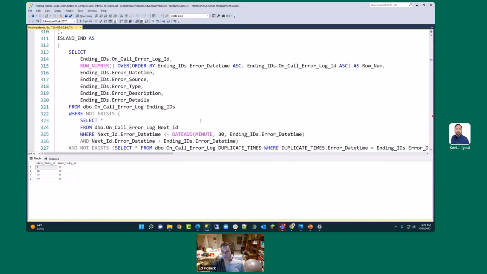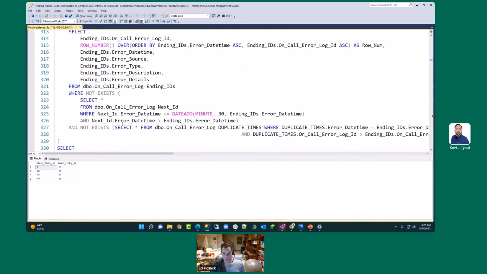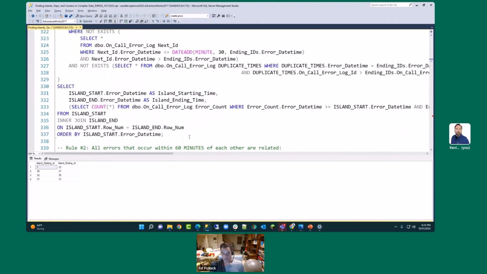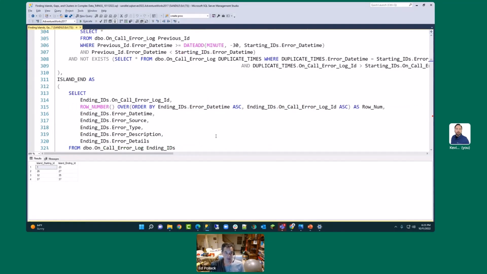And there should be the same numbers unless I made a mistake in my data. I'm just checking for dupes here to make sure I don't accidentally have dupes. And then all I do at the end is join them together. For fun, I put a little subquery count in there to see how many were in that island. If I run this big scary pile of SQL,